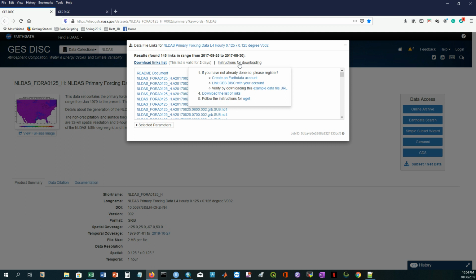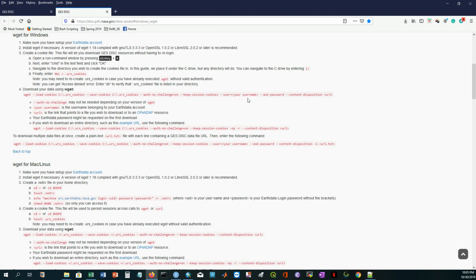If you just click on the instruction, or put your cursor there and hold it, it will show you how to create the account in the Earthdata account system, and it will also show you the other instructions. So follow the instruction for wget. You need another executable that will help you to download these files. If you click on this wget, you need the file format or the executables from here, and then you have to paste the text file in the same folder where the executables of wget is there, or you can just